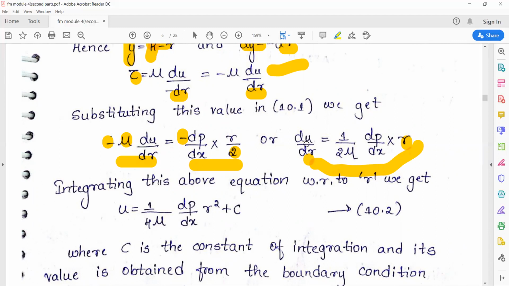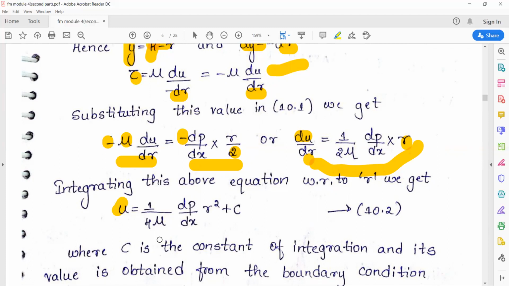Right, du equation. But du has to be converted to u, because you need to have the total velocity. This du is the differential velocity through the fluid element. But you need the total velocity, so for that you need to integrate du. On the integration of du, it becomes u. That is what they have done in the next step. So du has become u.